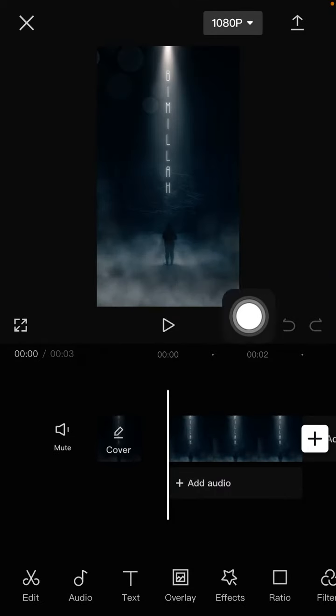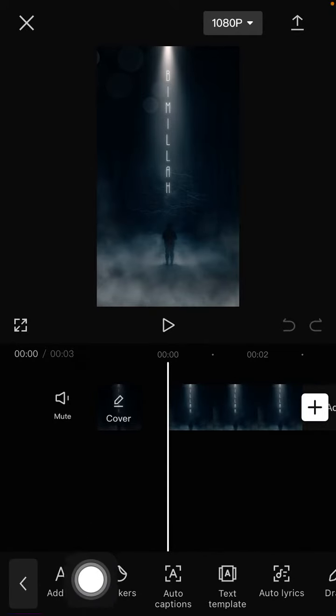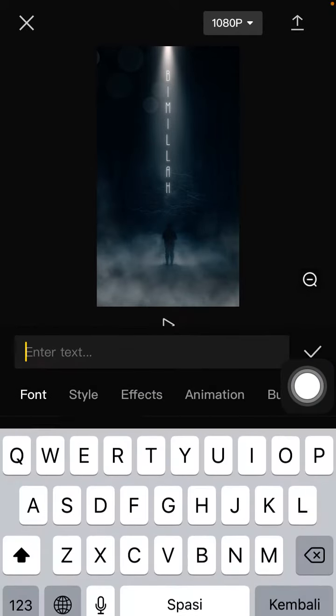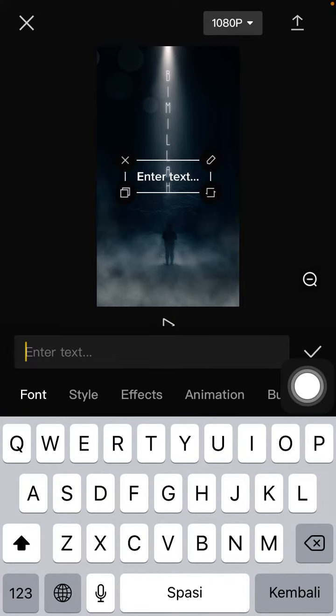So I'm going to add the text. Just click the text button and then select add text. Just type the text. For example,